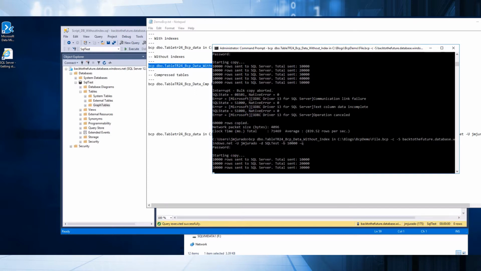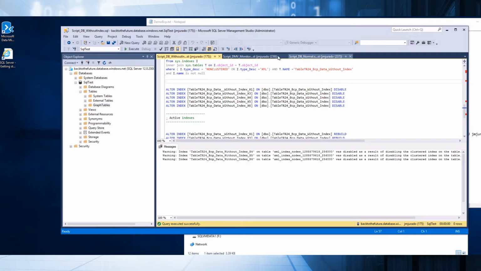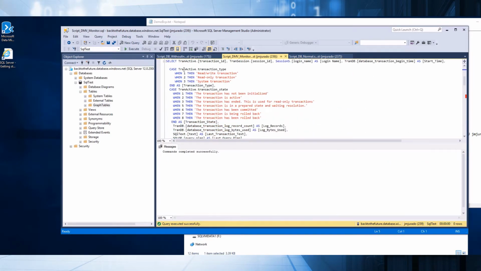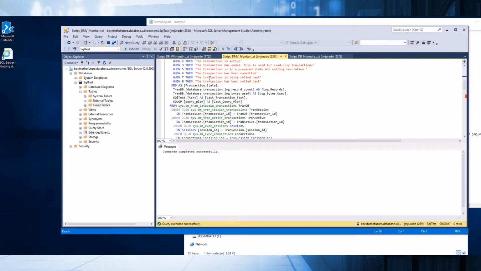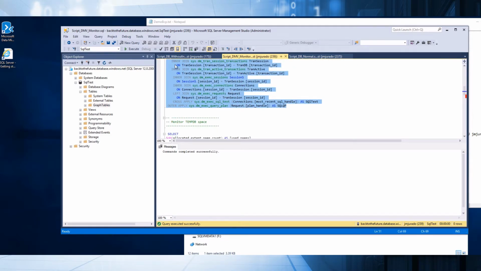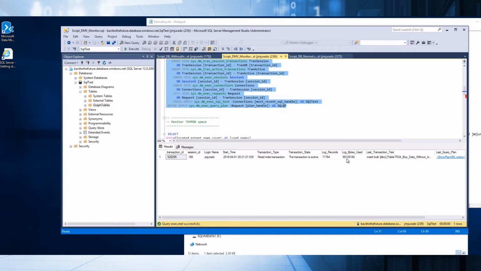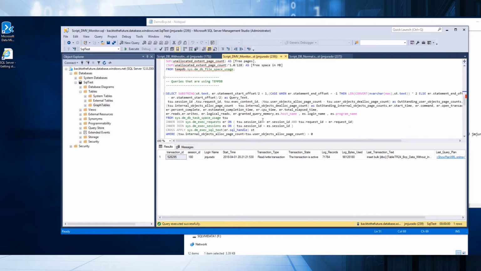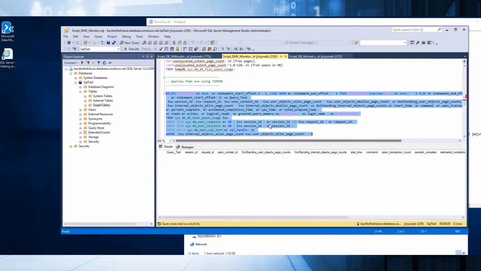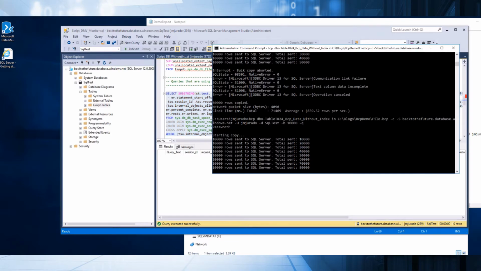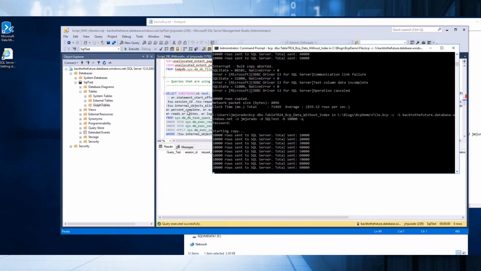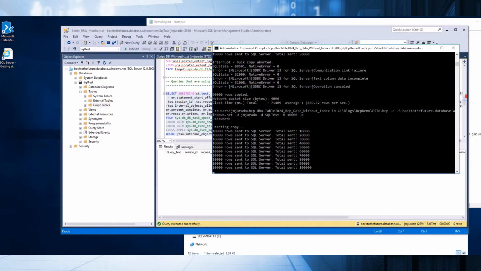And also, if we review the space of the transaction log, it's less if you compare, and the space of tempdb also benefits. So in this case, this process will finish more quickly. And in the meantime, while this process is finishing,